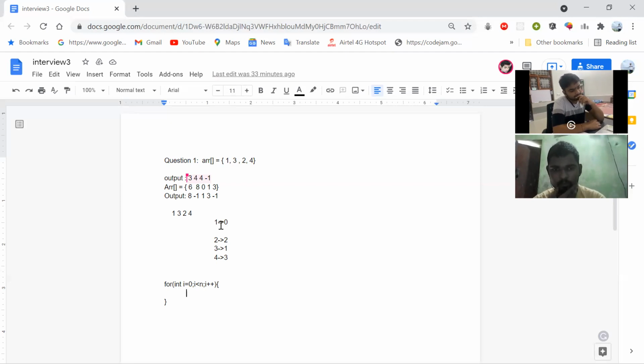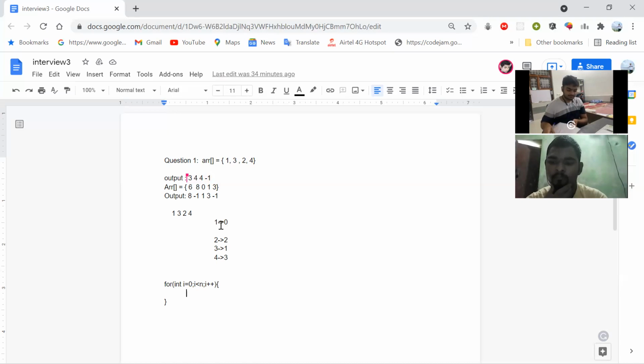So what's the time complexity of this approach? Because I am iterating twice over the array, I think it is big O of n square. It's a little bit less, because I'm only iterating over the elements on the right side, but it is almost equal to big O of n square. It's fine. Can you do better than this approach? I want the solution in approximately O(n).